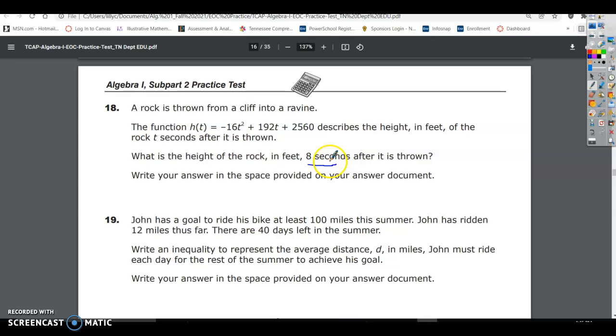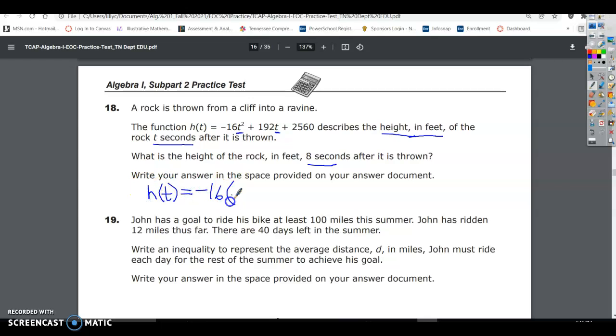All right, so if we need to know when it's 8 seconds, we're looking for the height in feet of a rock t seconds. So t is time. All I'm going to do is substitute 8 in my equation to find out what the height is going to be. So h of t